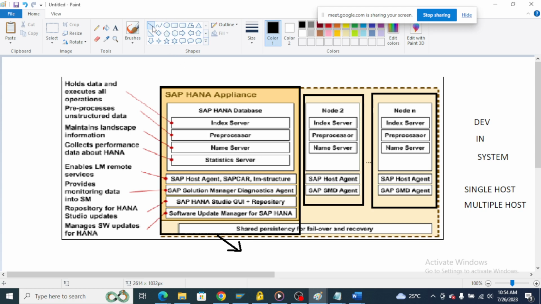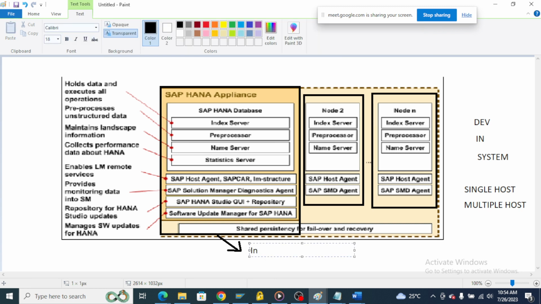Okay, I'll continue the class, if not, it will be late. So here a HANA system is installed and running perfectly, and the transactions have increased nowadays, and it is unable to take the load. Then what will the customer do? The customer will increase the configuration. Increase the configuration means